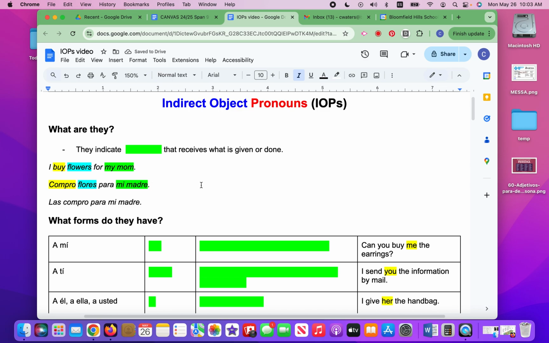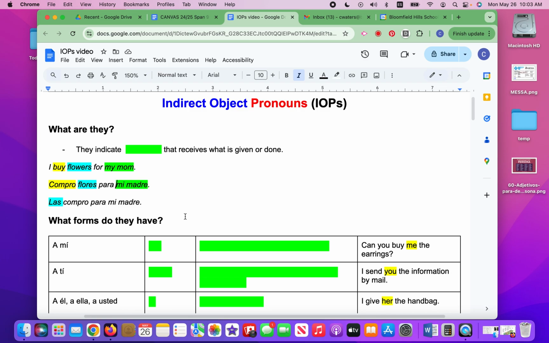And so far, we know about pronouns that we could use to replace flores. Flores is feminine and plural. And our pronoun then needs to be also feminine and plural. We already know that las is a pronoun that we could use to replace flores. And our new sentence with a pronoun instead of a noun is las compro para mi madre. Fantastic. Well, today, friends, we are going to learn about pronouns that we could use to replace mi madre, el